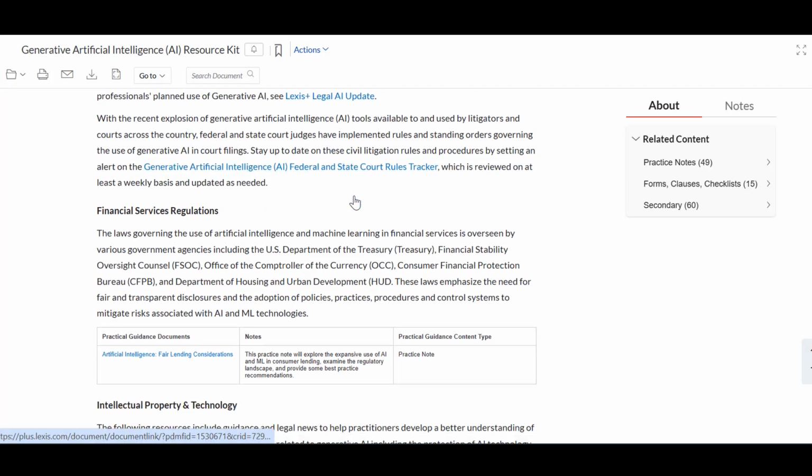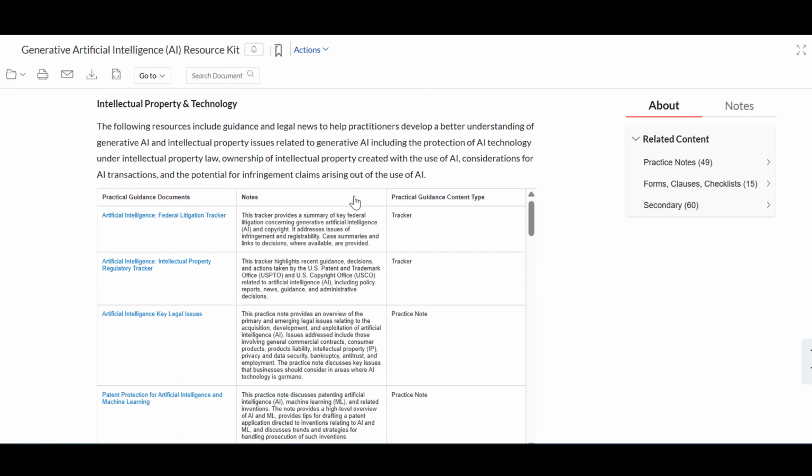rich array of curated and linked content, a classroom in a box ready for you to modify and make your